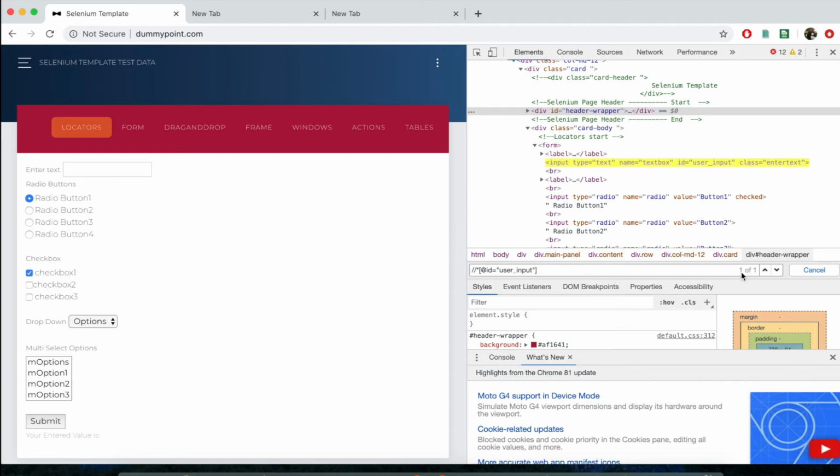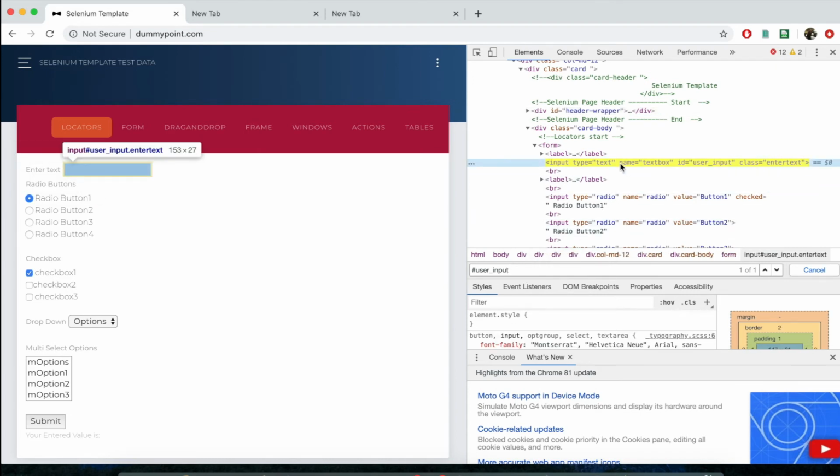Here you can see 1 of 1, and here you can also use the CSS selector. See, after typing here itself, it is highlighting, so that after clicking on that populated data, on the left side the cursor will automatically focus on the respective web element. In this way we can find the required web element locators and everything.